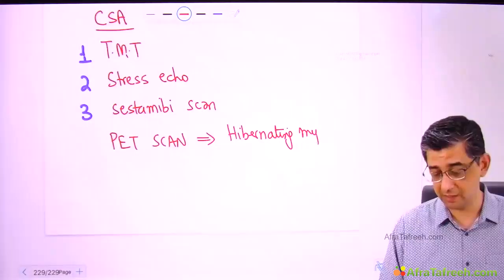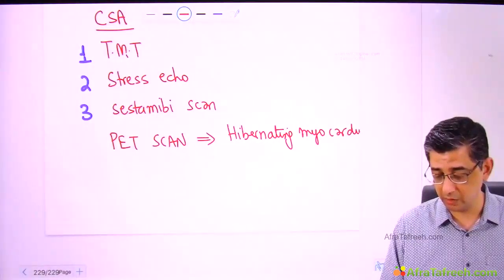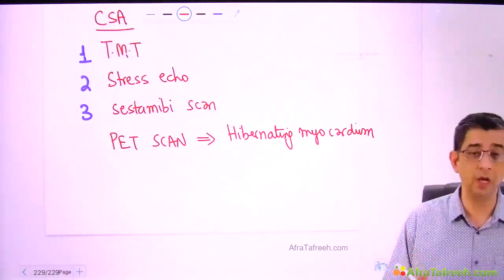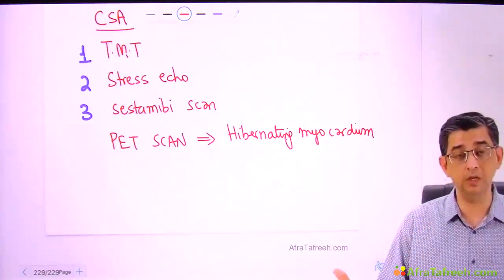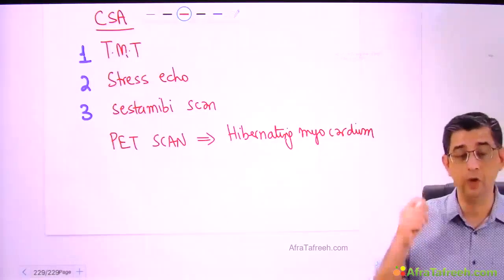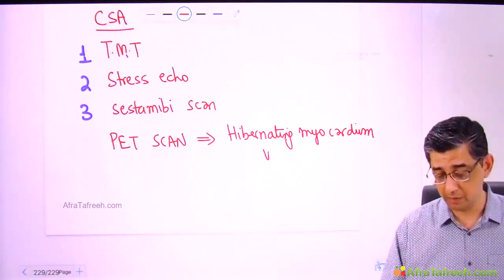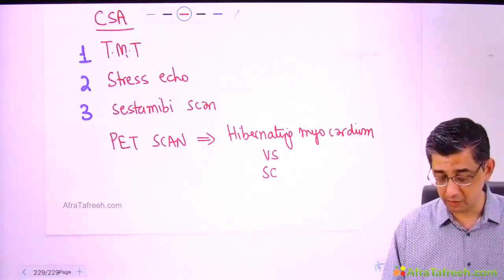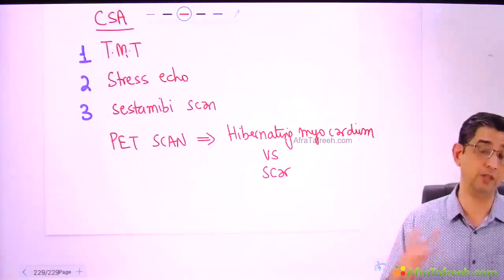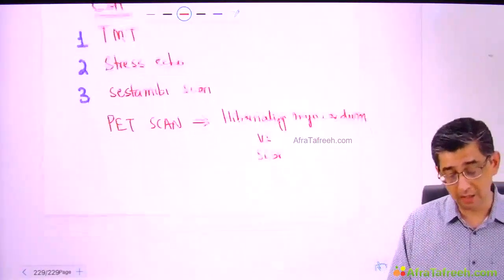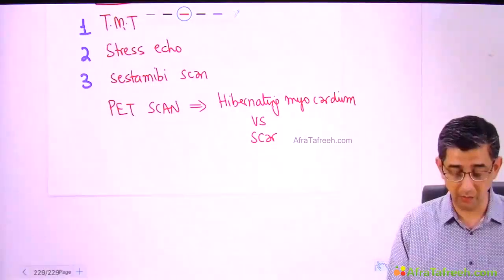One is it is having less supply of oxygen, that is due to narrowing of the coronary artery. We call it hibernating myocardium. We call it reversible ischemia. We call it chronic stable angina. The bottom line is there is narrowing more than 70%, critical for a person to get symptomatic. And if there's going to be dead tissue in the heart due to MI which occurred last year or last to last year, yes, a PET scan can definitely help you in evaluating.